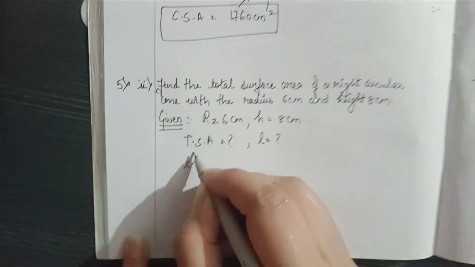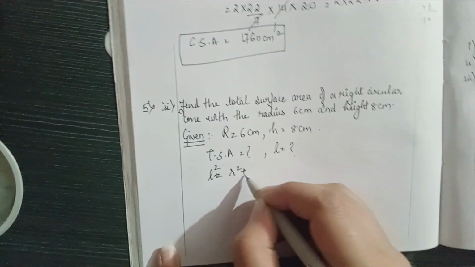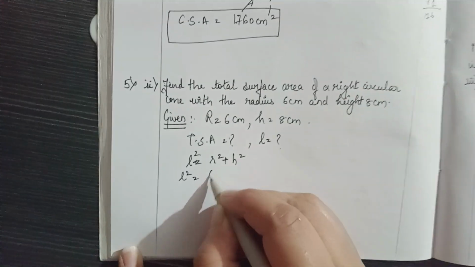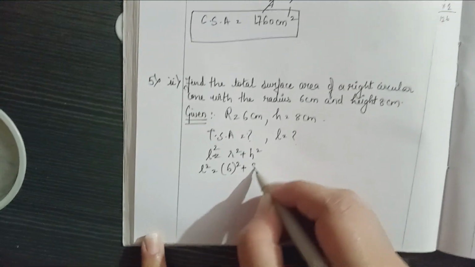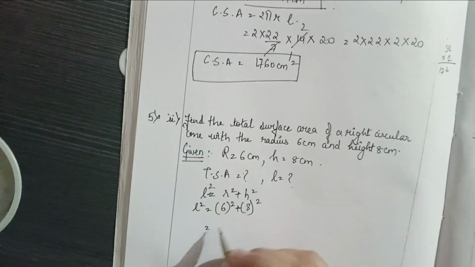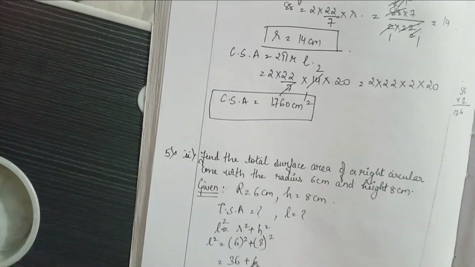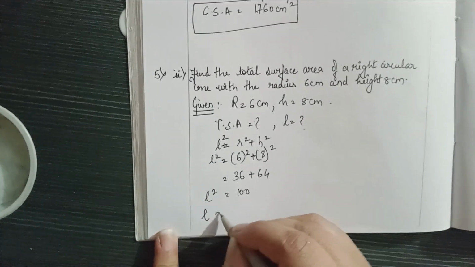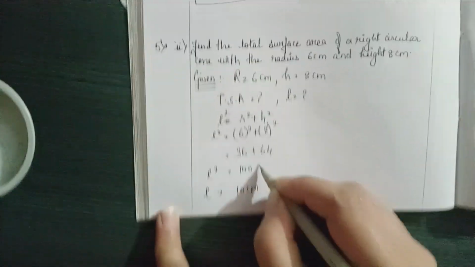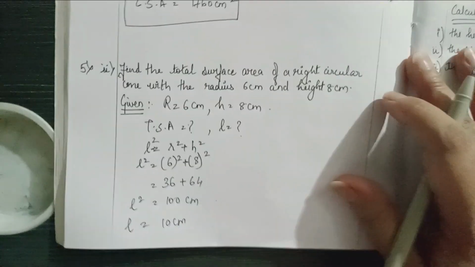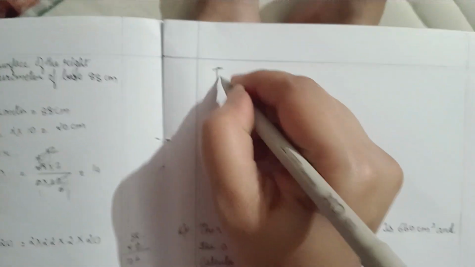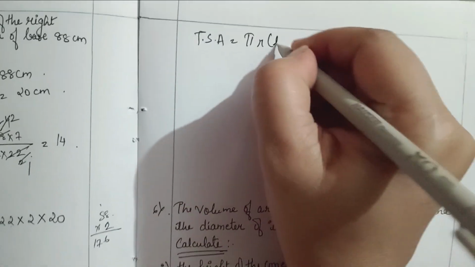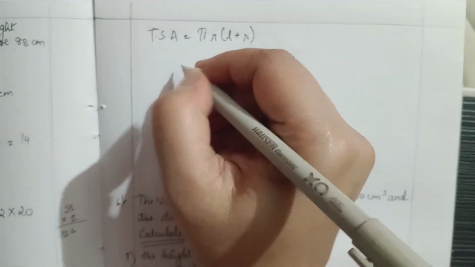L square is equal to R square plus H square. L square is equal to 6 the whole square plus 8 the whole square, which will give you 36 plus 64 is equal to 100. L square is equal to 100. L will be 10 centimeters. With the 10 we'll calculate the TSA, the total surface area, which is equal to pi r times L plus r, equal to